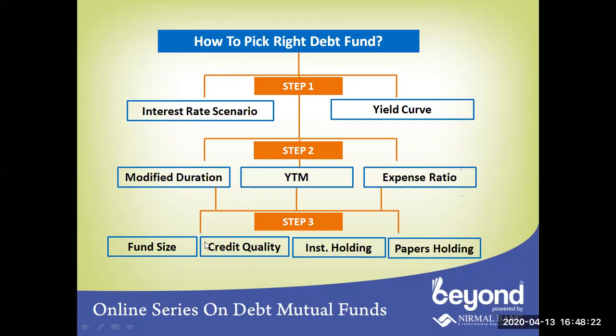The second is the credit quality. Definitely, we have taken a bet on the yield curve and the modified duration, YTM, everything. Now, in the third step, we see the credit quality of the papers. So which funds are overweight on triple A, double A. What kind of papers are they holding? Maybe in double A also, some good group papers they must be holding, like Tata Group and all. If they are holding double A, we do the analysis on those kinds of things.